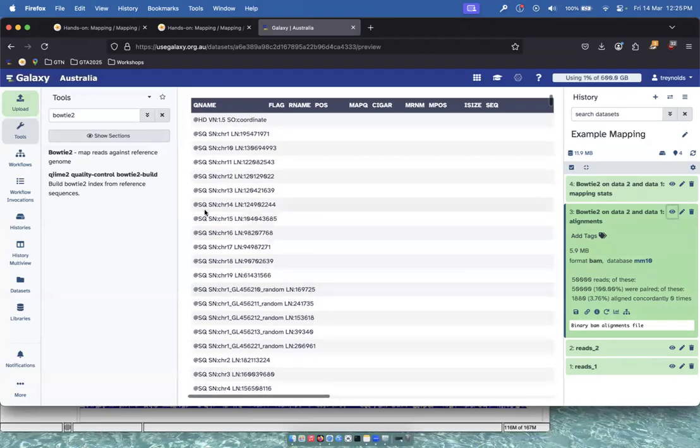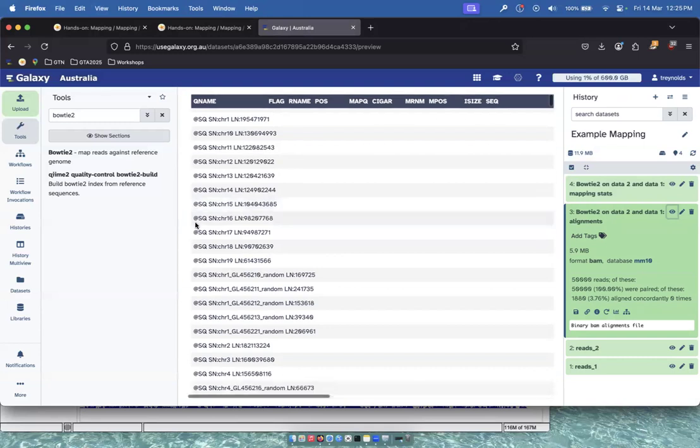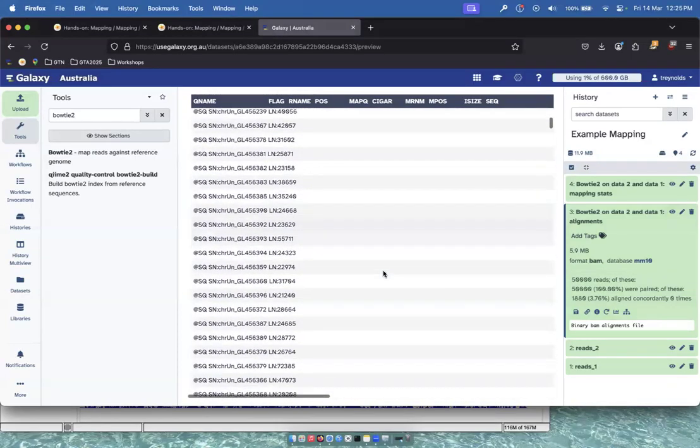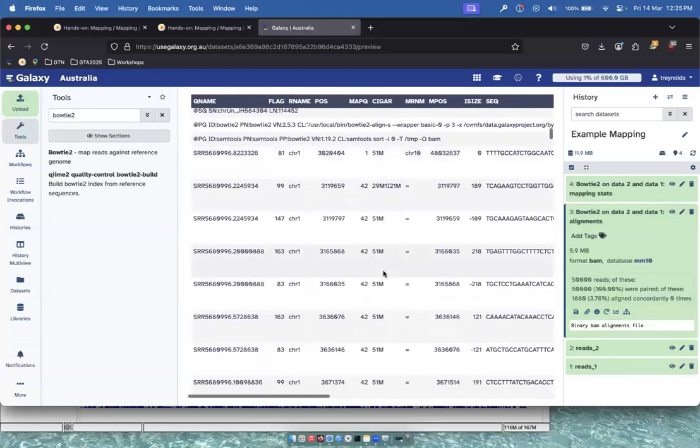The files always start with lines that begin with an at symbol, and the at symbol indicates that this is metadata or comment lines in the file. In particular, useful and important information that is contained in these metadata lines are the chromosome names and the lengths. And so these are lines that start with an SQ symbol, such as this line here. We go past all of these comment metadata lines. We then get to the main content of the file, and